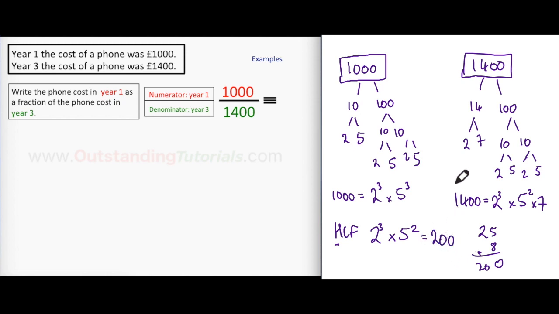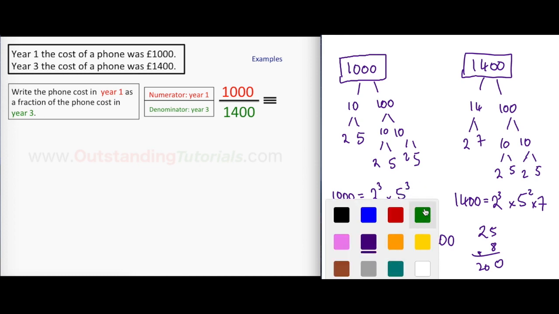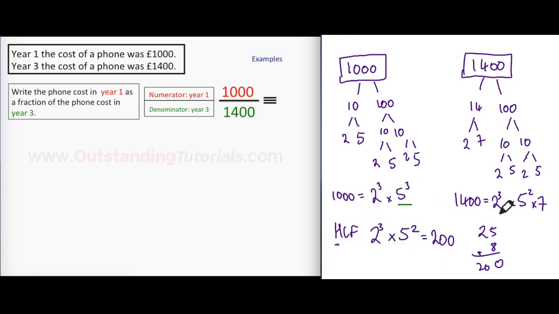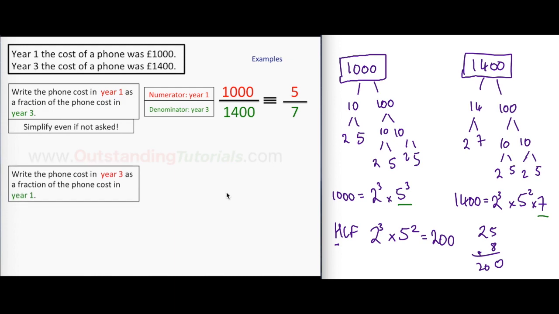So the highest common factor between these two is 200, so I'll divide top and bottom by 200. We can also see from the primes, if you took out 2 cubed and 5 squared, you're left with just a 5 here. If you took out 2 cubed and 5 squared, we're left with just a 7 here. So you can see straight away it's going to give me, simplified, 5/7. Okay, so next,